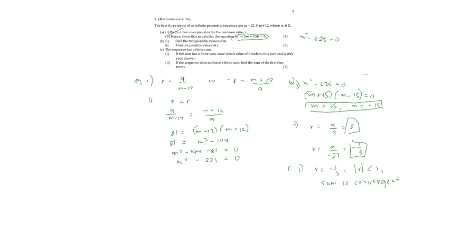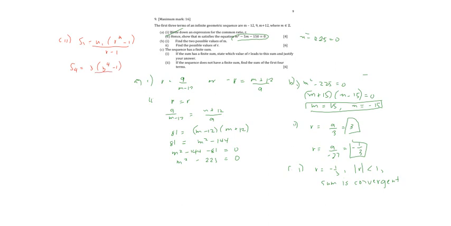If the sequence does not have a finite sum, find the sum of the first 4 terms. So it does not have a finite sum, then we shall use the formula. Let me use other colors so you can see where I put C2. Since it's not a finite sum, we shall use the formula S sub n equals U sub 1 times r raised to n minus 1 over r minus 1. And by substitution, for the first 4 terms, it should be 3 raised to 4 minus 1